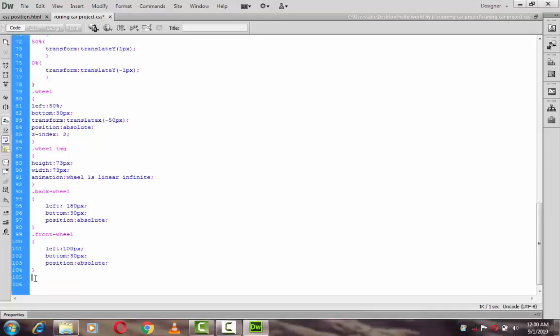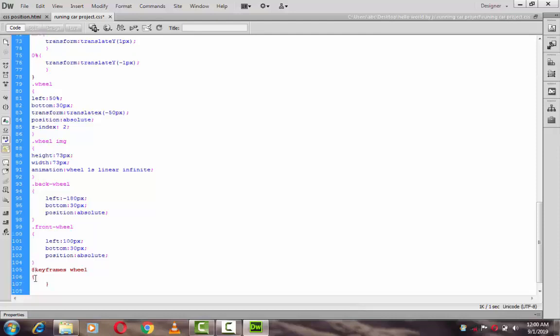Then we write transform: translateX, and after that we write transform: rotate 360 degrees semicolon. So for rotating the image we rotate the image 360 degrees, or you can give the degree for which angle it can rotate also.